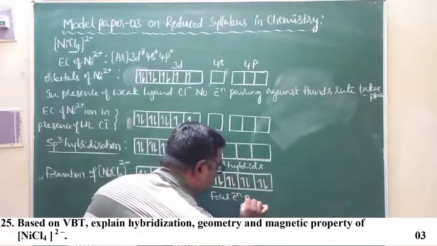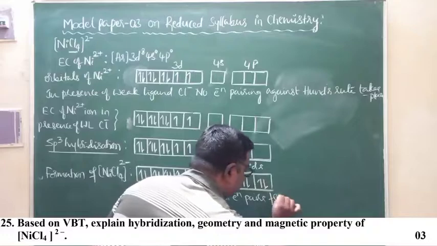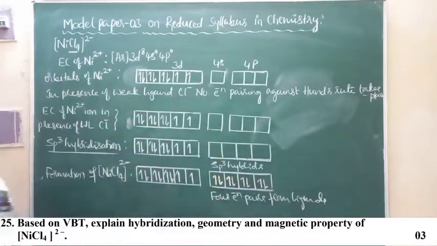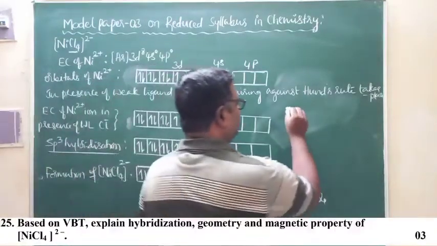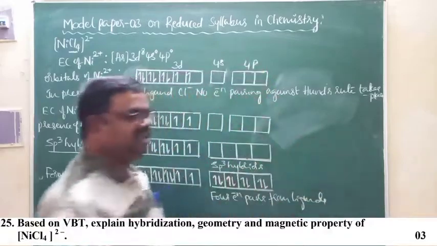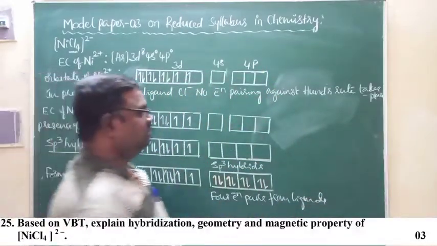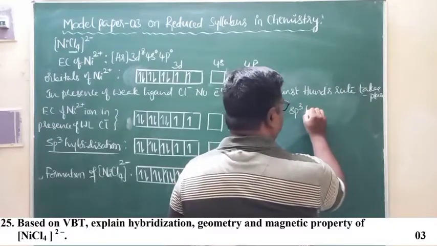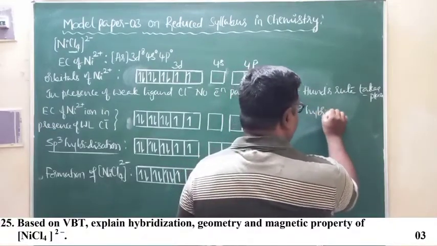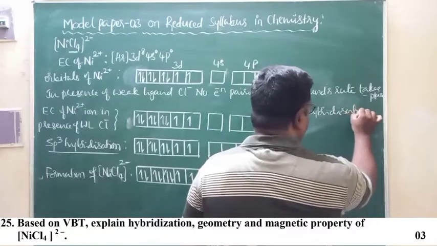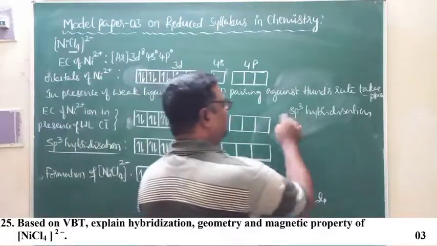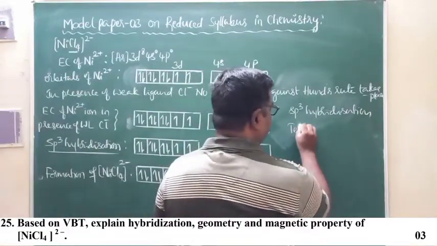4 electron pairs from ligands. This is how the complex is produced. Therefore, on the basis of this discussion, there is sp3 hybridization. Whenever you are writing sp3, you write small s, small p. Because of that, the geometry is